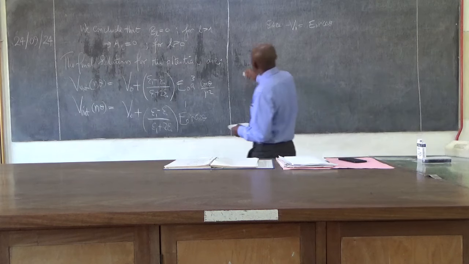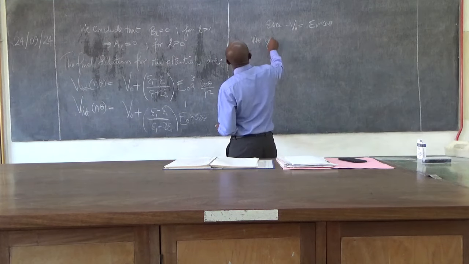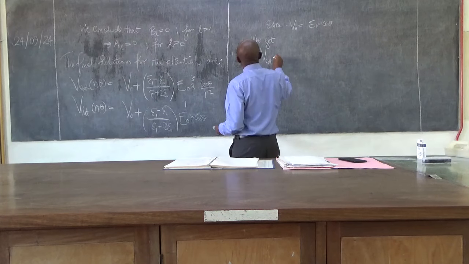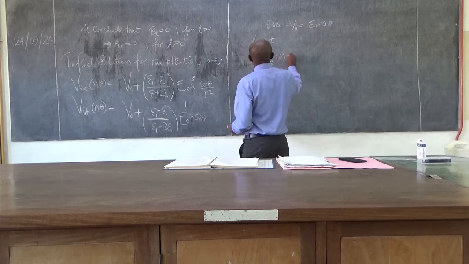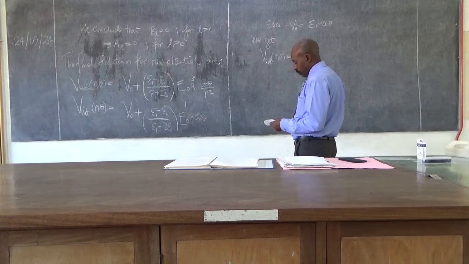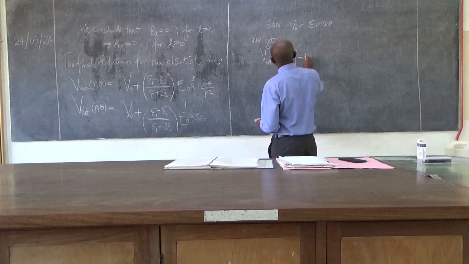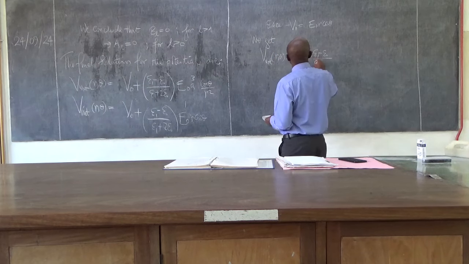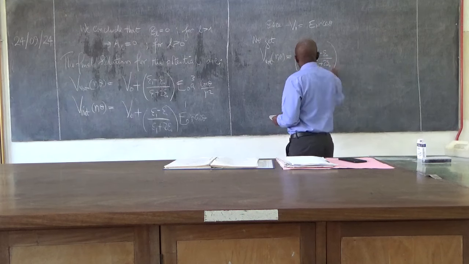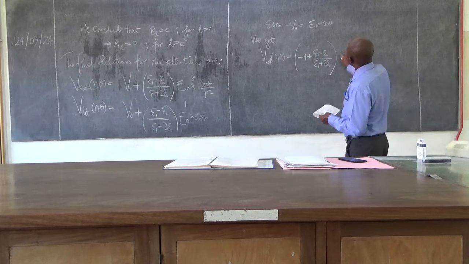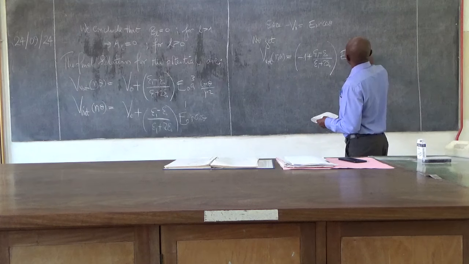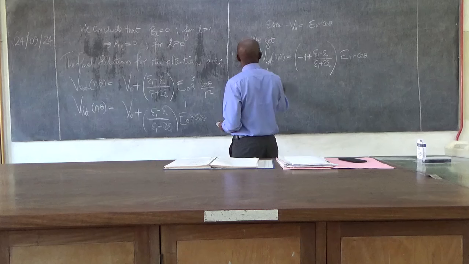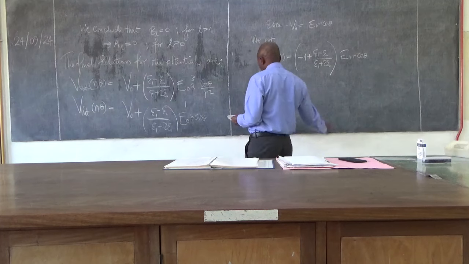So we get our exterior potential V R theta to equal to minus plus epsilon 1 minus epsilon naught over epsilon 1 plus 2 epsilon naught in V naught R cos theta. And V in R theta will be equal to